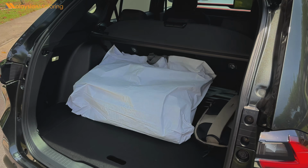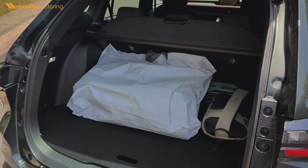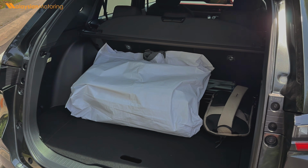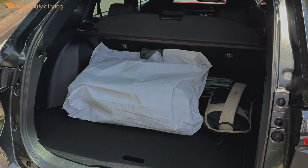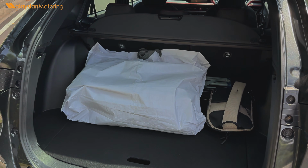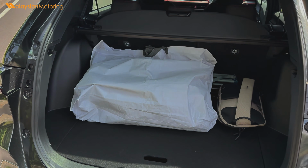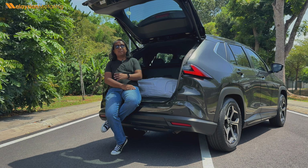Not bad, huh? Now, behind the tailgate, this is the Traz's party piece because there is actually more cargo room back here than you get in an X50 or even a Honda HRV. In fact, this boot is bigger than what you get on a Toyota Corolla Cross. It is absolutely massive, which means that if you want to put 5 people's worth of luggage, that is no